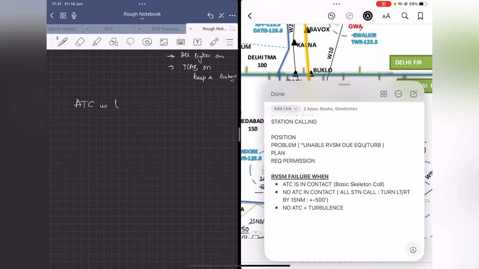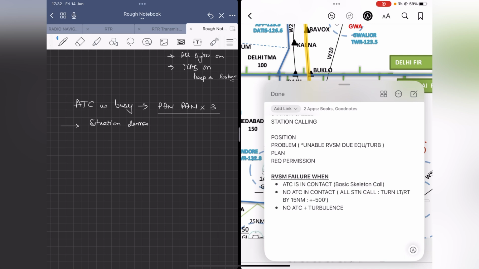ATC is busy. Now, what this means is that ATC definitely is in touch with you. He's just not able to respond to you. In that case, you start your call with a PAN. Okay? When it's extremely urgent for you, you want to get your message through, and ATC is in touch, but he's not responding or he's busy. In that case, you start your call with PAN. One other thing which I want you guys to remember is, if the situation demands